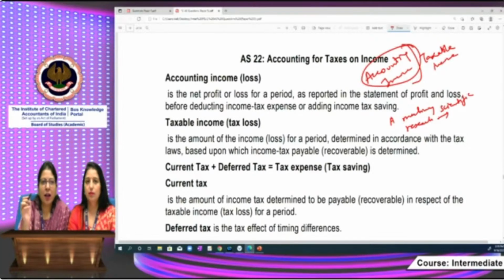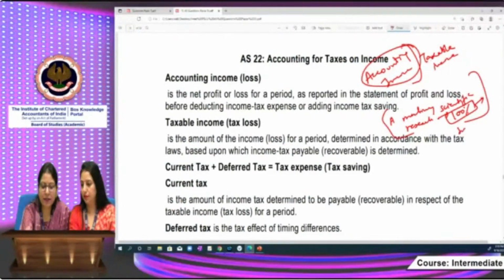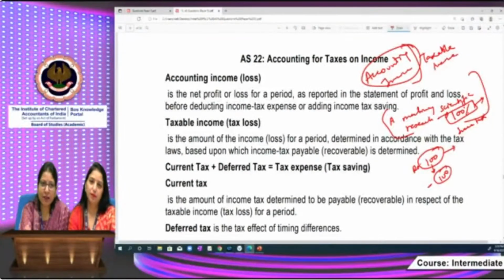Now, under income tax, if 100% depreciation is allowed for this particular asset, and the asset costs 100 rupees, the total deduction will be given in the first year of purchase itself. So the taxable income will get reduced by rupees 100, because the 100 rupees deduction will be claimed in the very first year itself. But for my accounting income,